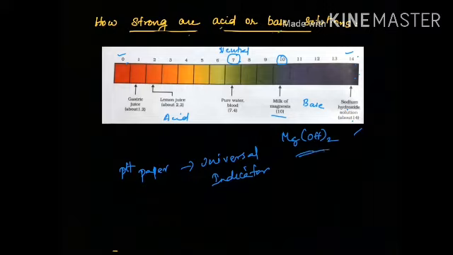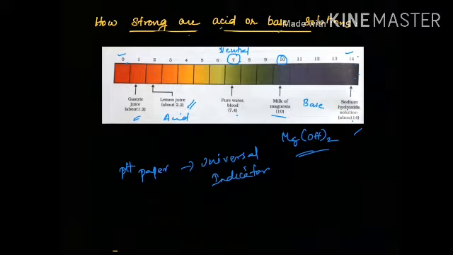Then pure water, it's a neutral one. Blood should have a pH value around 7.4. That means it is almost neutral. Now you look at the lemon juice. Lemon juice is an acid, right? We know that citric acid is present over there, so it has a pH value around 2. Each pH value has a characteristic color also. So 2 means it is a strong acid. Again, gastric juices are also a strong acid. Likewise, we have different colors for the different pH values.